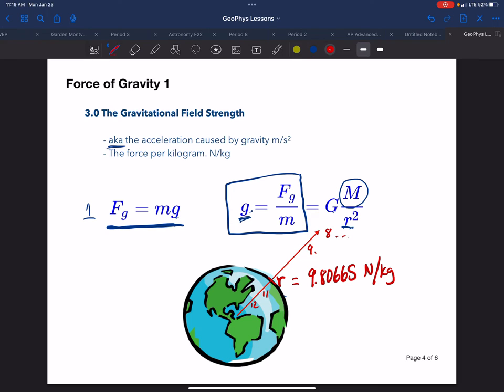So the gravitational field strength is this little value g, and it is a variable. But since almost all instances that we study in a particular course may be at the surface of the Earth, we use this one value. But it's important for us to realize that the value does decrease as we move out from the center of the Earth, and it increases as we move further in. The other thing for us to note